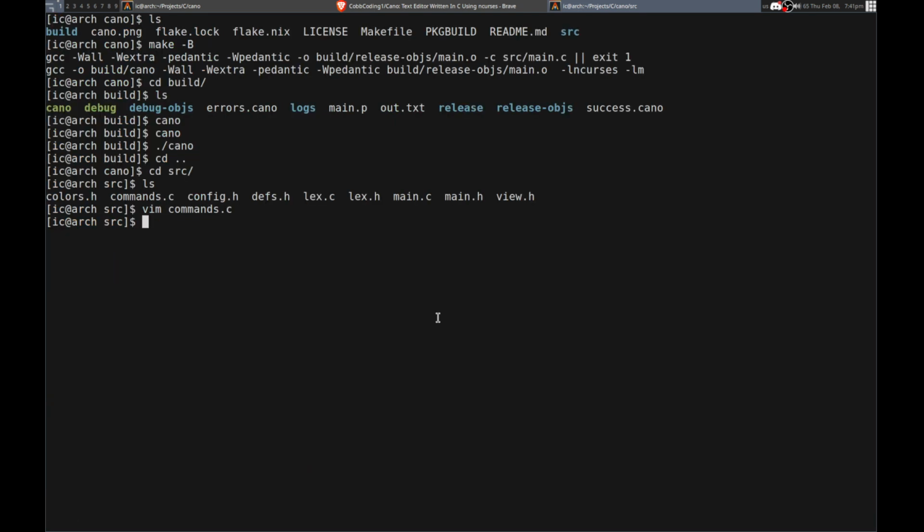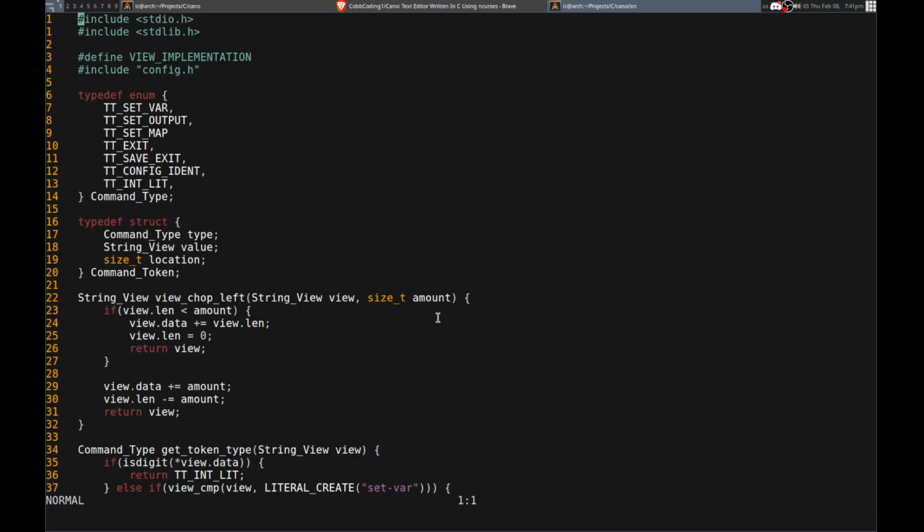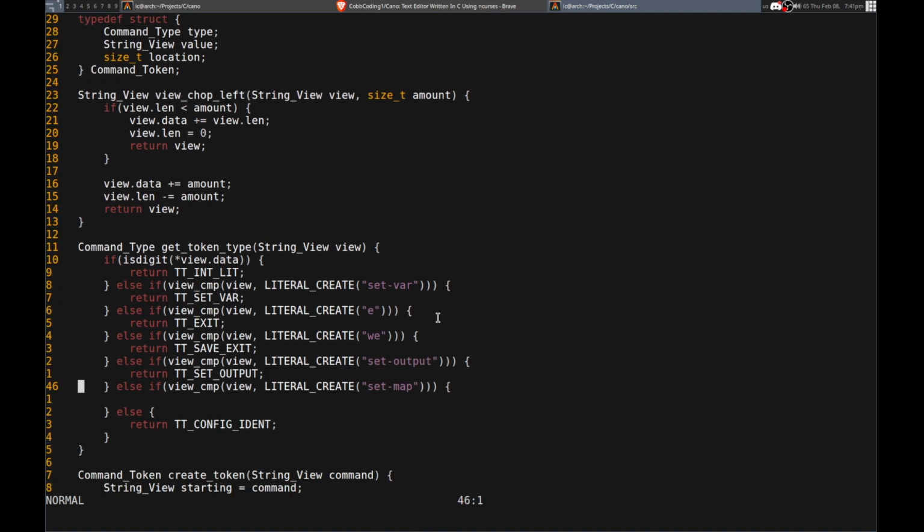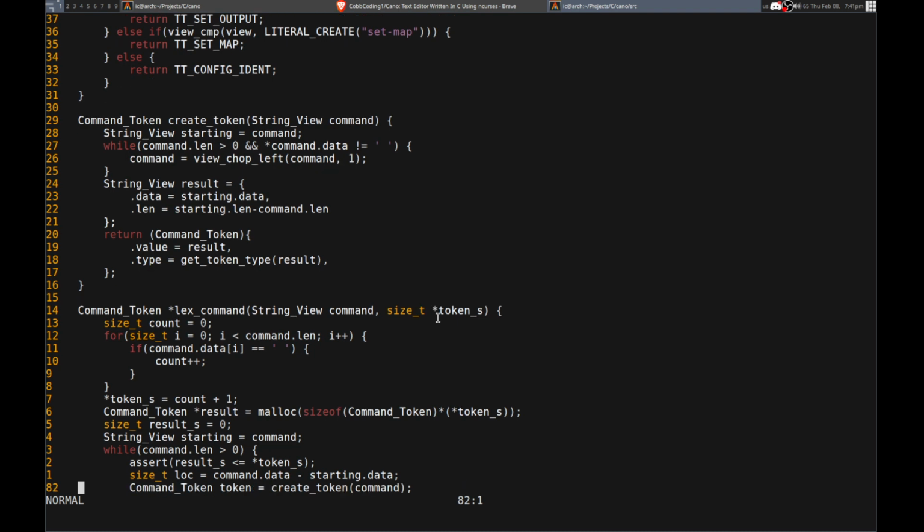Okay, actually, let me switch to Kano. Alright. Okay, set map, then just return pt set map. And there we go. We have lexing for it. So that is good enough. And then we need to actually handle